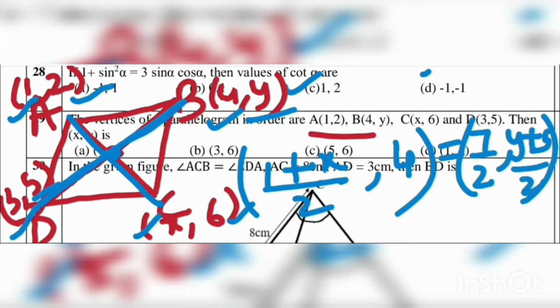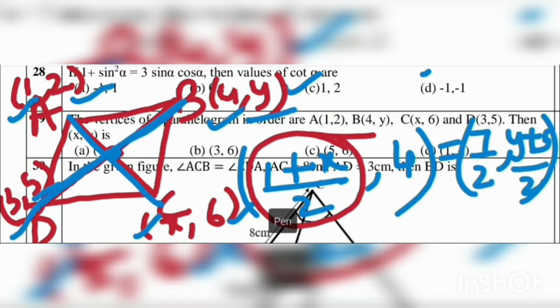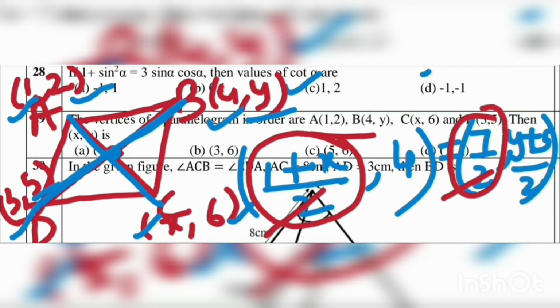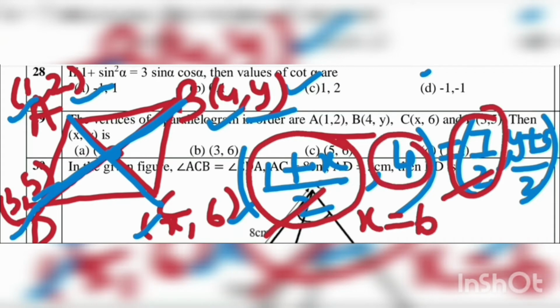And now we will find coordinates of the midpoint from this diagonal BD. Here again x1 plus x2, 4 plus 3 by 2, that is 7 by 2, comma (y plus 5) by 2. Now we can equate these two. (1 plus x) by 2 equals 7 by 2. 2 will cancel. The x value will be 7 minus 1, that is 6. Similarly, we can equate 4 equals (y plus 5) by 2. 2 will come up, so we can find the y value from here. It will be 3. So x and y will be 6, 3. So we can simplify it like this and find the correct answer.